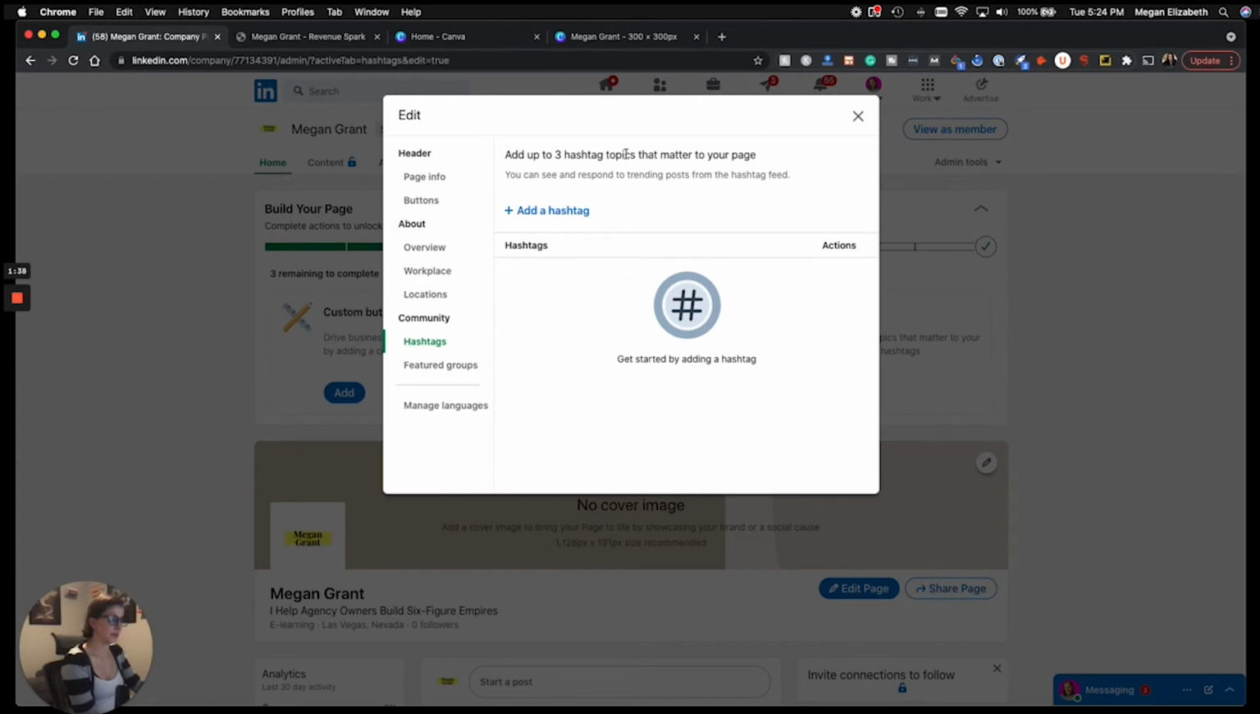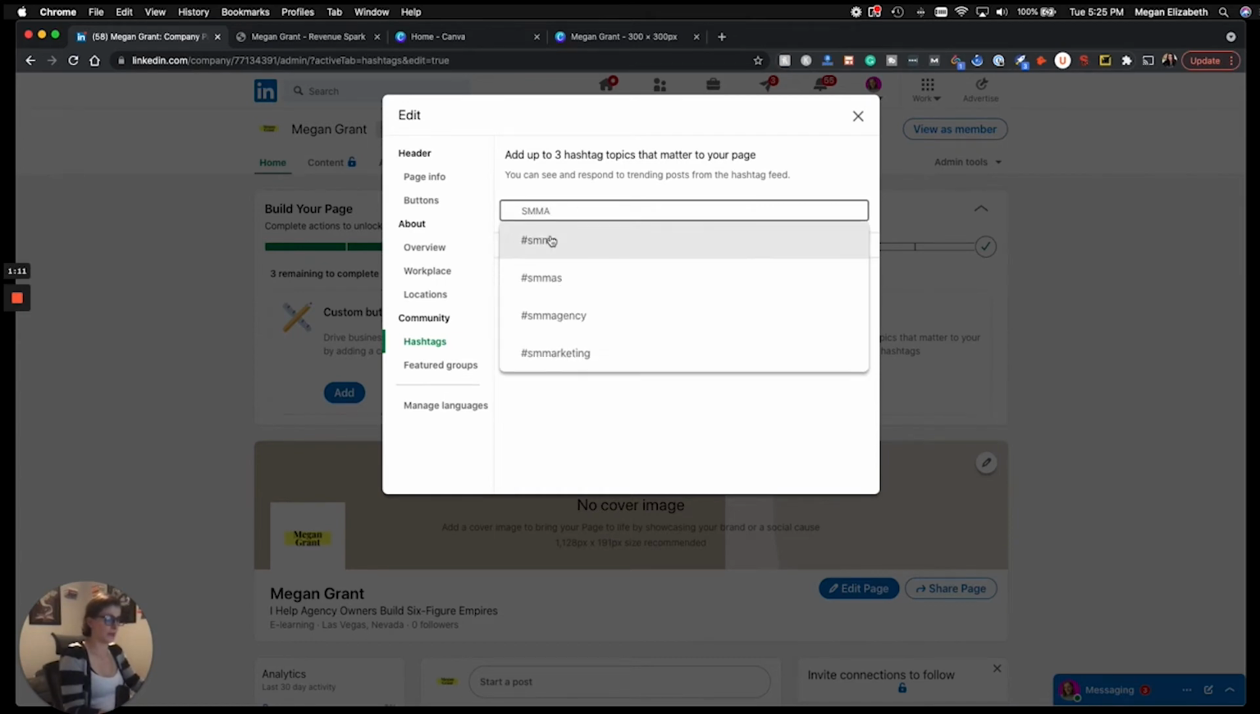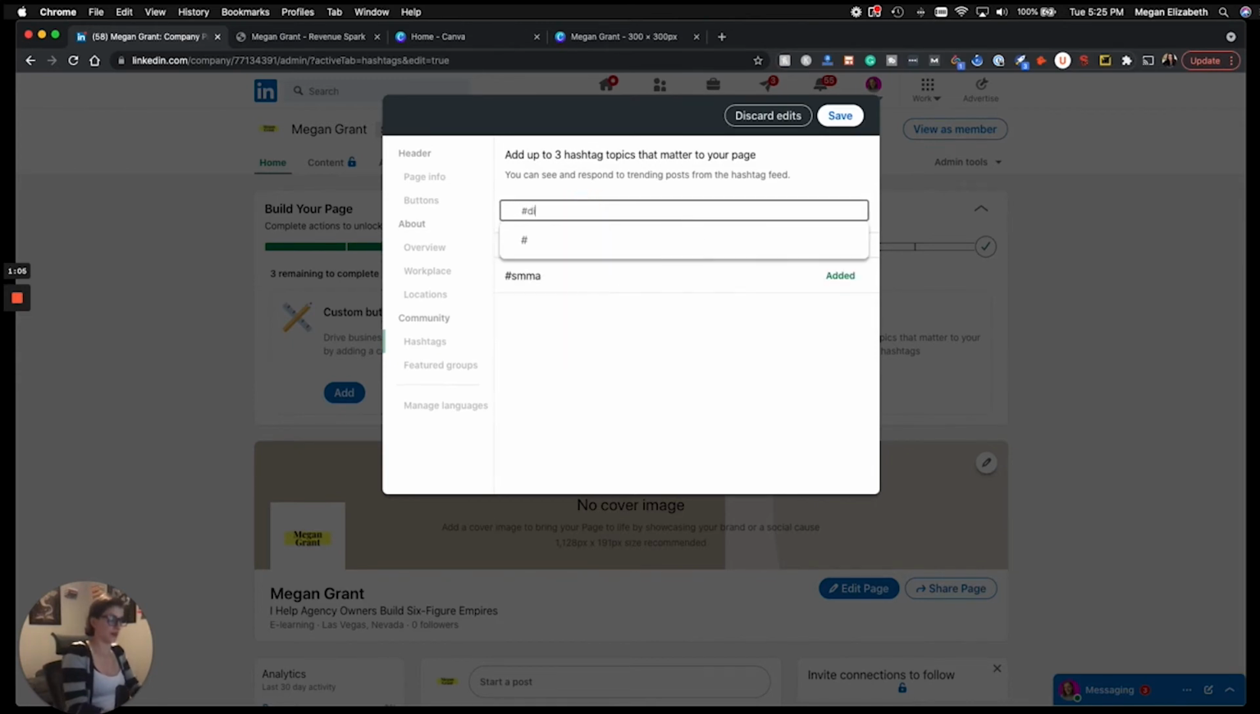Now it lets us add up to 3 hashtags, and when you add these, you will see posts that use that hashtag in your feed so that you can respond to them. All right? Again, make these relevant to your business. I work with agency owners, okay? So maybe I would put SMMA because a lot of my students own a social media marketing agency. Maybe I would put digital marketing, and maybe I would put